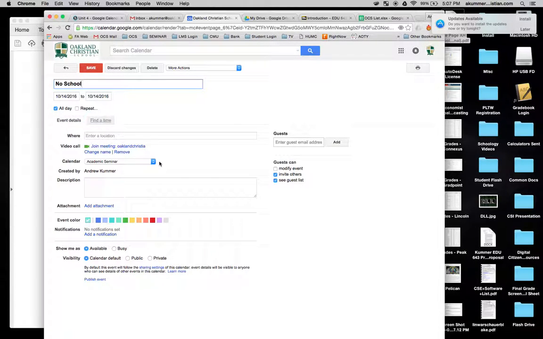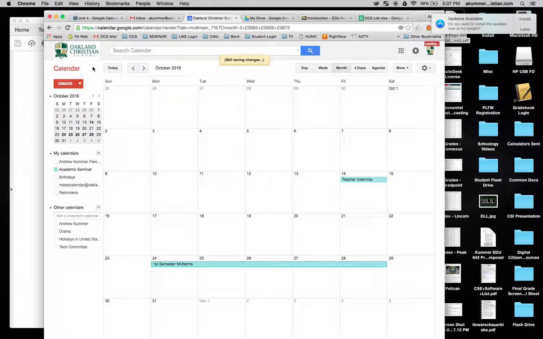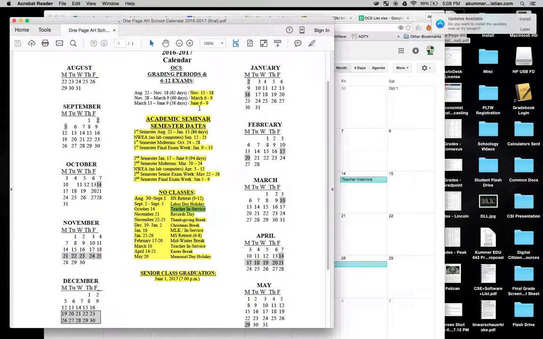Again, it could be teacher in service, like I have it identified on the one-page sheet, but it doesn't have to match that. Just as long as the date matches and I can see that you have scheduled it and that you'll be aware of it in the future. Once you have all of the events in yellow noted in your calendar some way, again, you can personalize, you can make it yours, but I need all of those events in, except